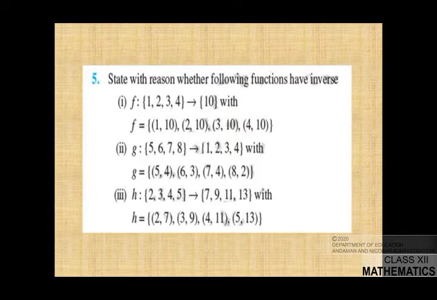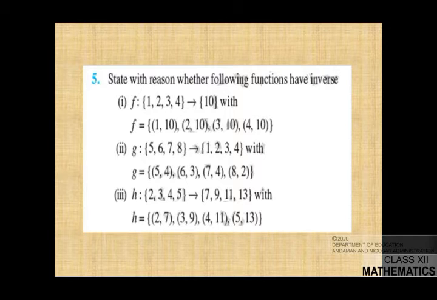They have given it in ordered pairs. Now what is the conclusion from this function? You can see whether the function is 1-1. The numbers 1, 2, 3, 4 have only one image, that is 10. So what is the definition of 1-1? The definition of 1-1 says that each and every element of the first set should have a distinct image in set B. Then you can say that the function is 1 to 1.